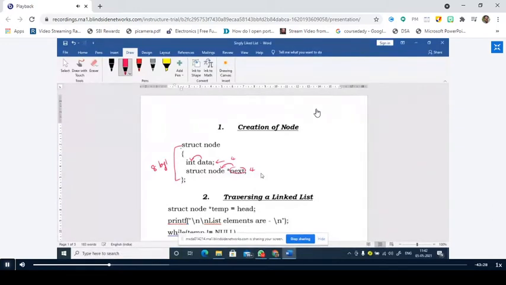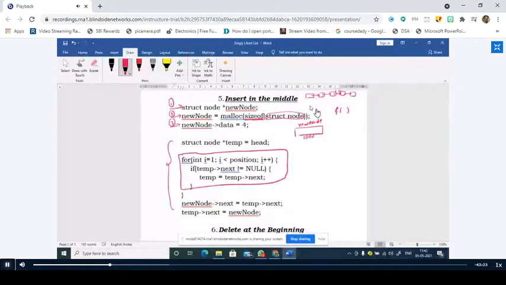Yes, sir. Now let us move to our programming part. So 8 bytes of memory will be allocated like this, and it consists of 2 parts: the first part is the data part, and the next part is the link to the next node, right? And after successfully allocating the required memory, the malloc function also returns the base address. Assume that the base address of this node is 4000. So 4000 is returned.